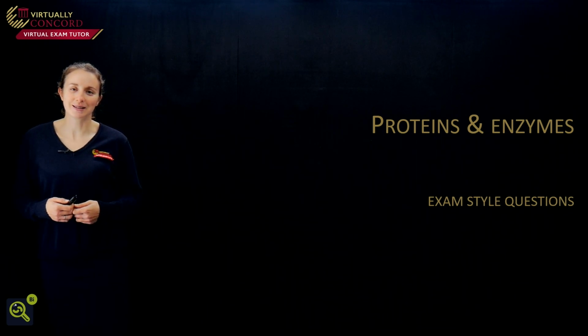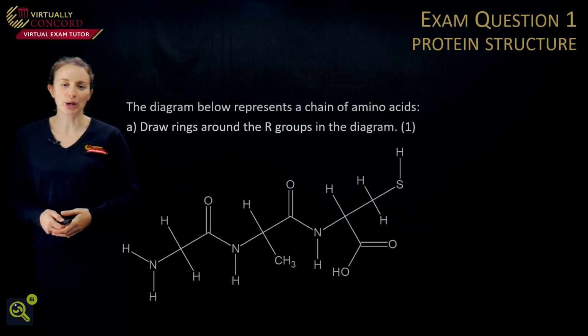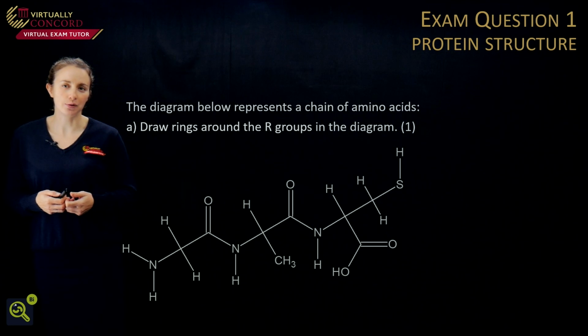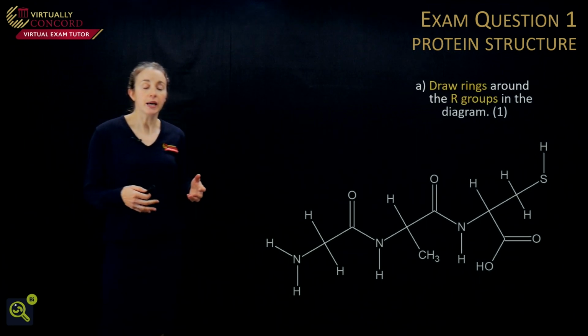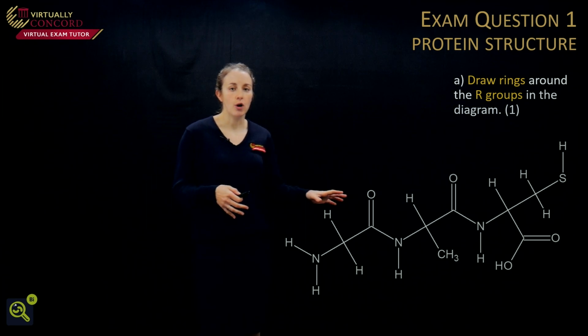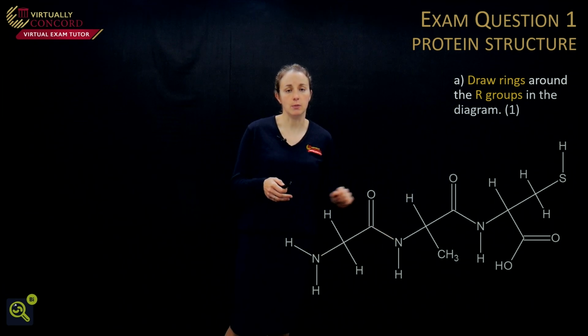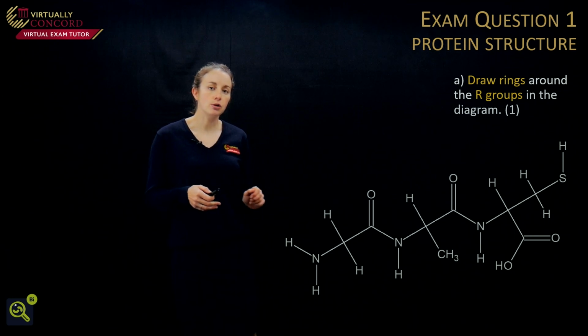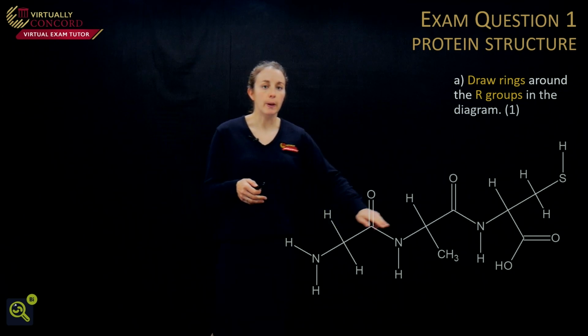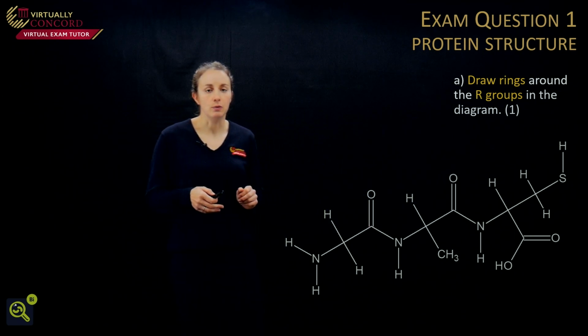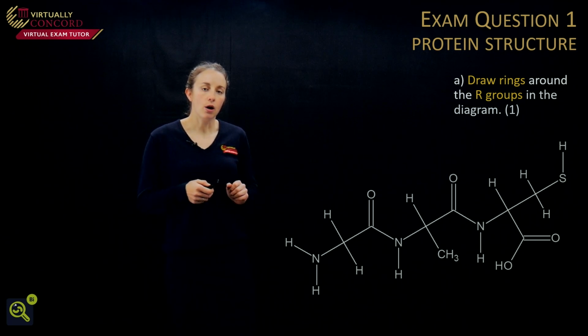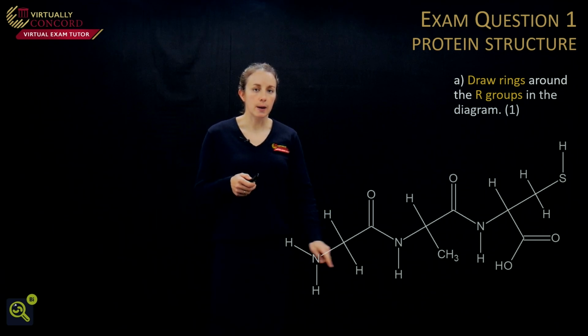So question number 1 gives you a diagram of a chain of amino acids and it asks you to draw rings around the R groups in the diagram. Now I'm hoping you'll be able to spot that this is a tripeptide, and you can see that because there are 3 nitrogen atoms within the molecule. It hasn't actually shown you the carbon atoms within the backbone of this molecule, but you can imagine where they would be. And we are looking for the R group, so we need to spot our 3 separate amino acids